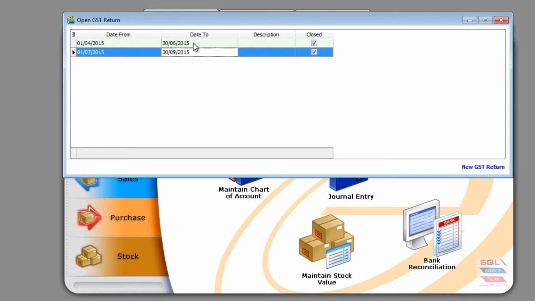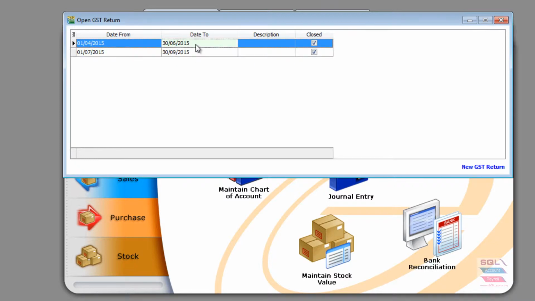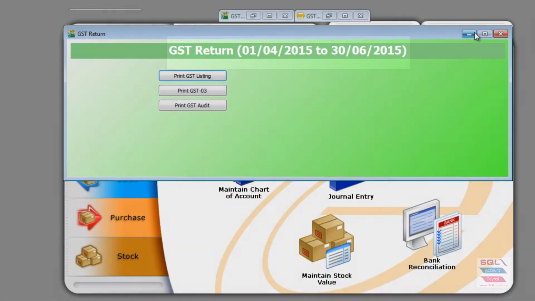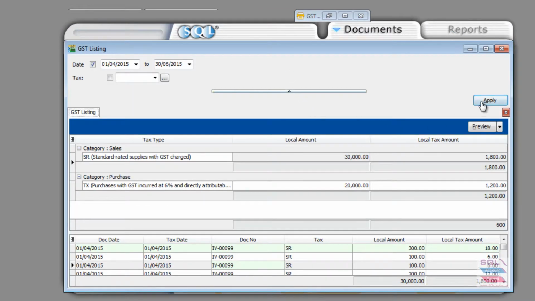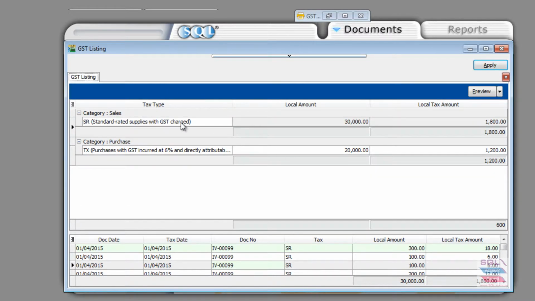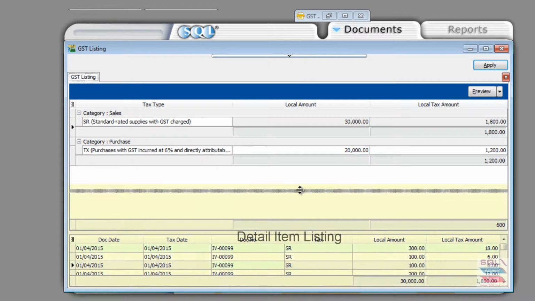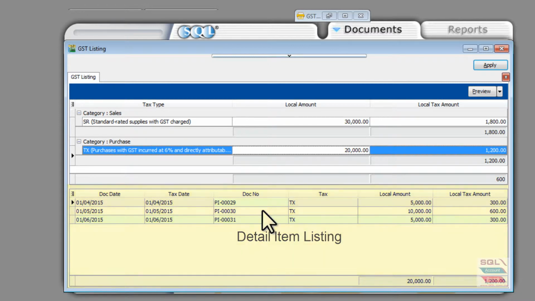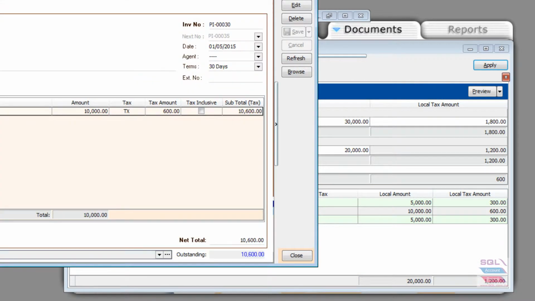So for example, here I have 2 cycles and I choose to open up the tax return for between April to June. If I double click on it, I will be able to see this screen from April to June, and then if I go to print GST listing or print GST03 or any other reports, I will be able to open up screens like this one from April to June. As you can see here, it gives you a very detailed breakdown listing of what is in your standard rated for tax as well as purchases, and of course all this transaction can be